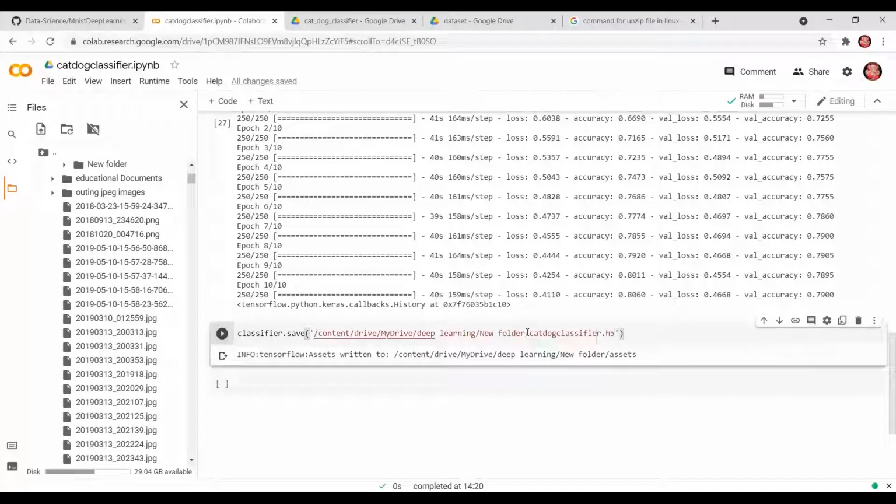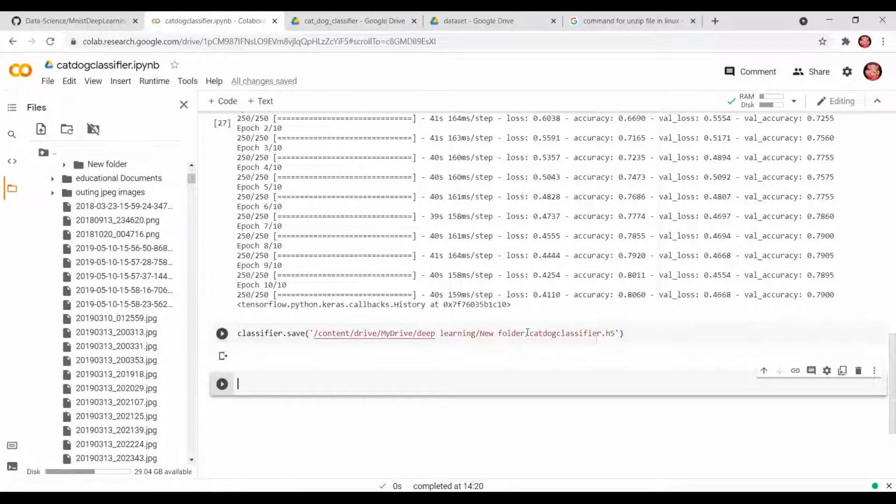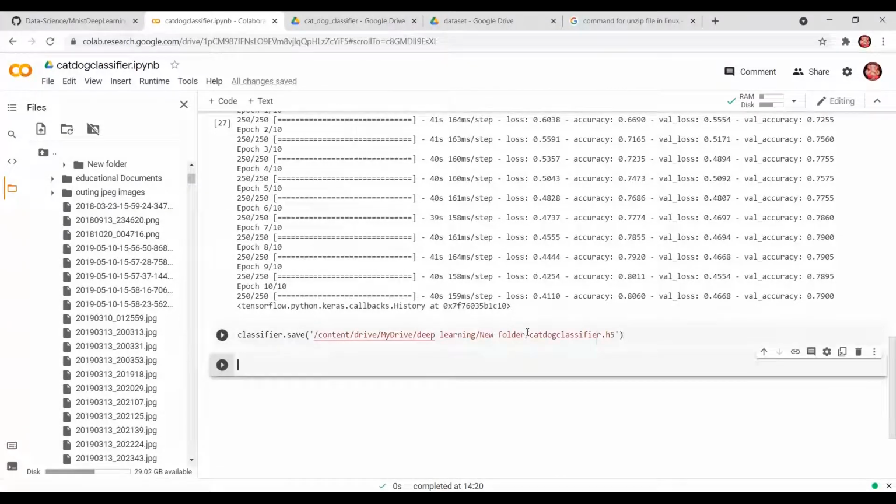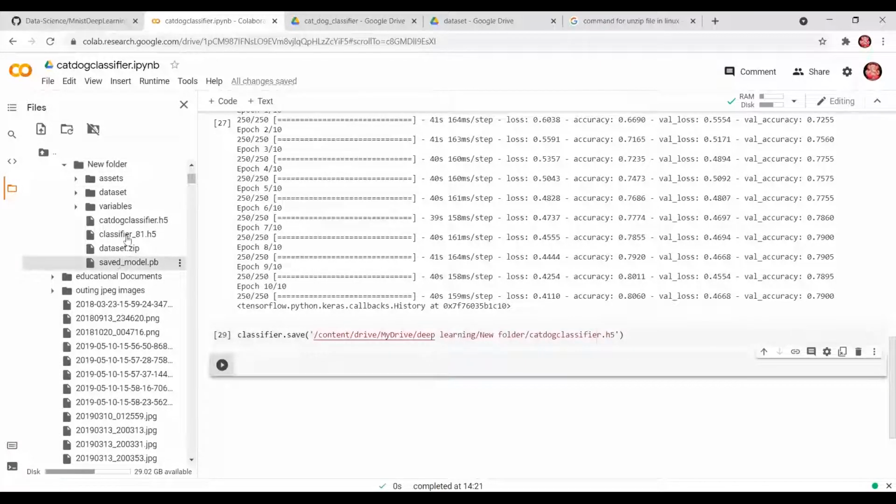Now save this. See, the file will get created in the folder. It's getting created, right?